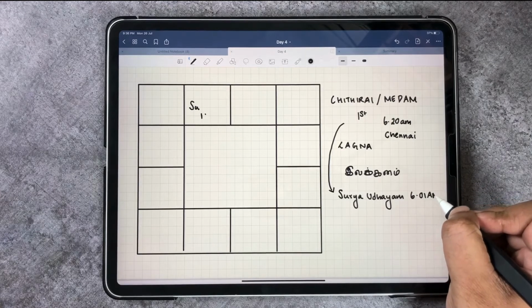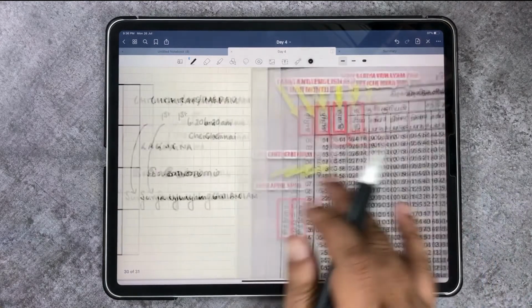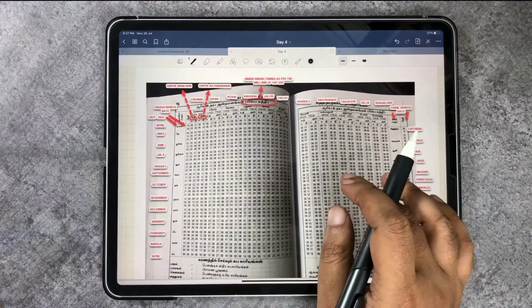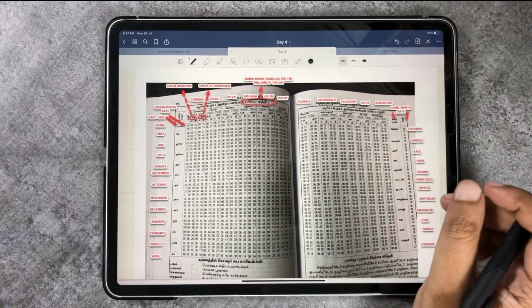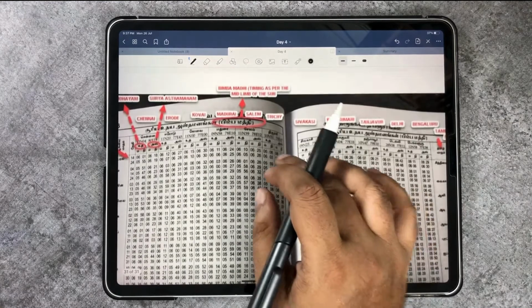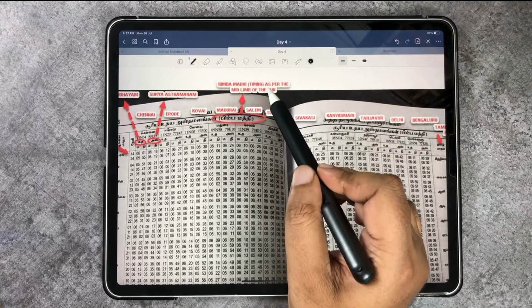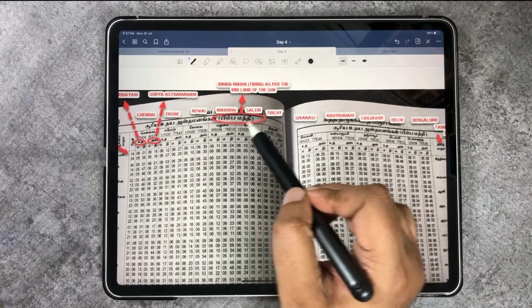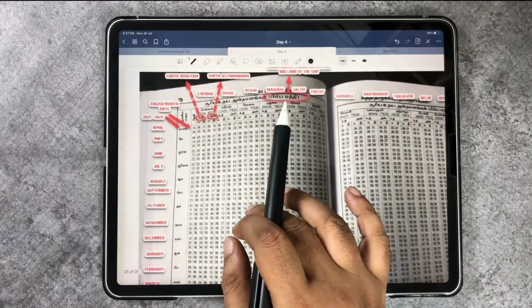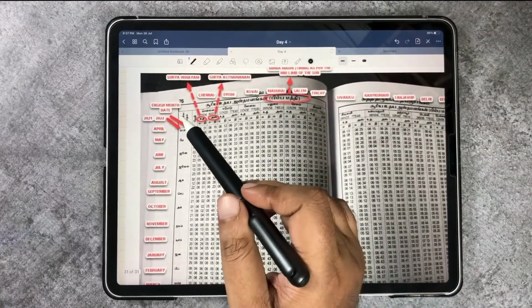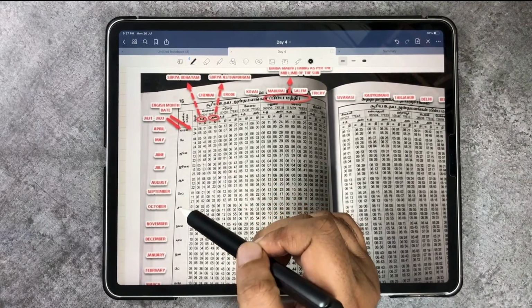Now you can also see this for different places. Like here, I have the page with the Surya Udayam for different places on one particular date. So this is the page here. The first thing that we would see here is the Binba Madhi, which means the timing is as per the middle limb of the sun. That's one part here. Next, if you go here, you will see the English month: April, May, June, July, August, September, October.